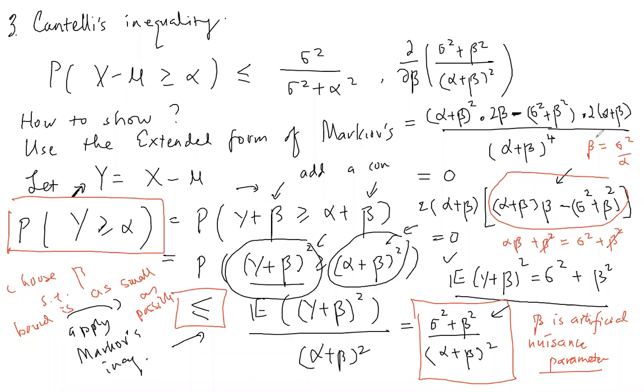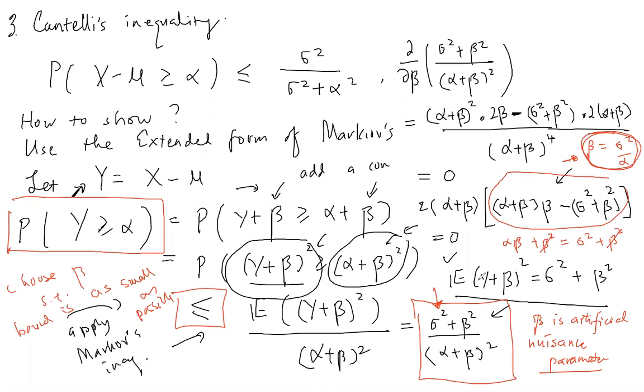Okay, so this is the value that will minimize your bound here. Okay, minimize your bound. Of course, to be rigorous, you need to check the second order derivative, but that's a bit tedious, so we will skip that. But if you want to, you can check it, and you can find that the second order derivative is positive at this particular value, right?